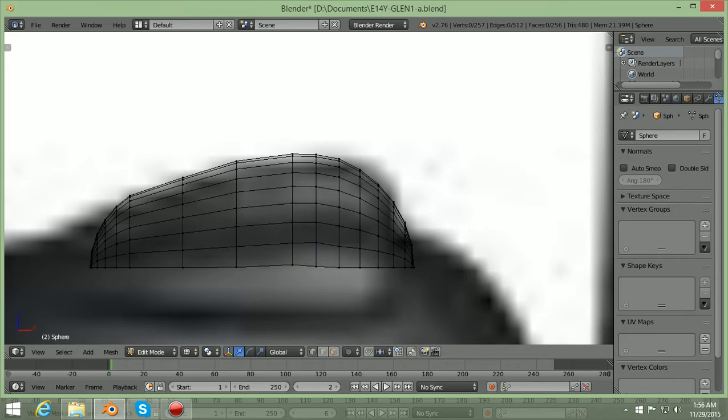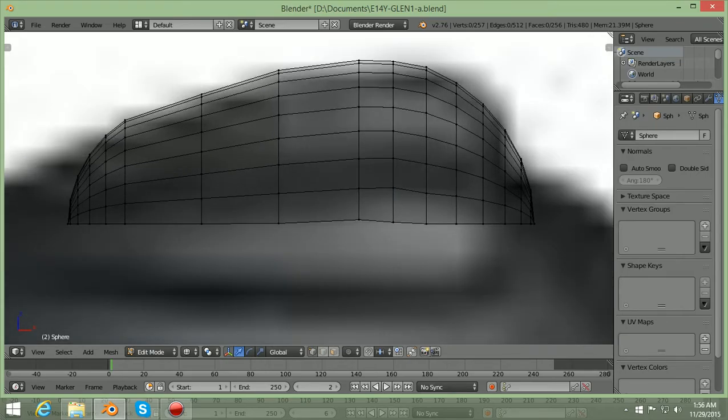Okay, now like a trick I had showed you guys before, we can actually make a box. We can grab this whole bottom line, but we just want the bottom line, and then we can put